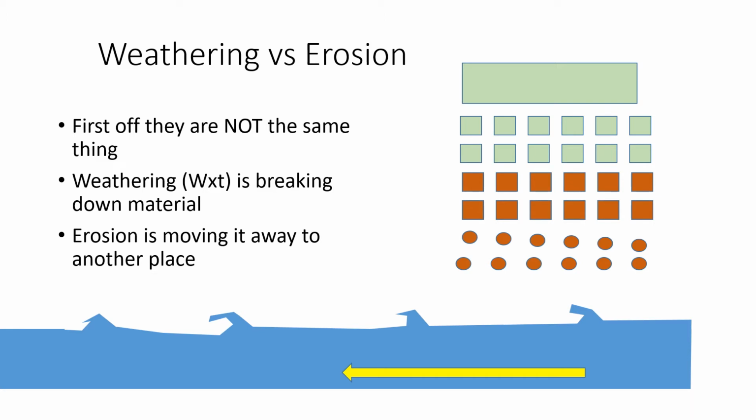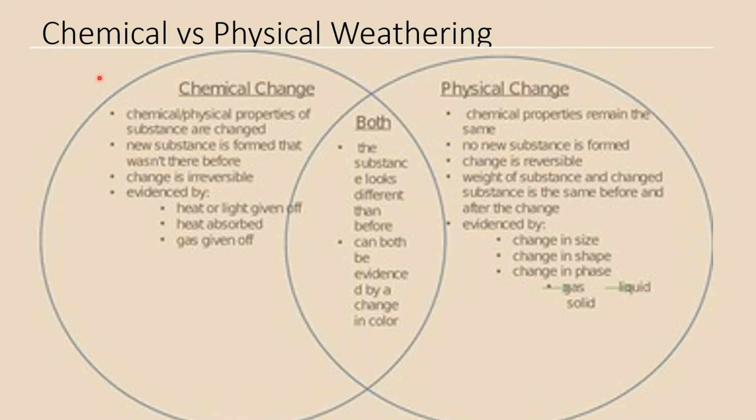Then, as opposed to that, erosion is moving material away. So weathering is breaking it down, erosion is moving it away. And the horrible blue drawing at the bottom is supposed to be a stream or something with some little waves on the top. But so we start actually transporting our weathered sediment or our weathered material away. So that's the difference in weathering and erosion. Now, weathering specifically, and we're not going to talk about erosion yet. That's going to be a subsequent lecture.